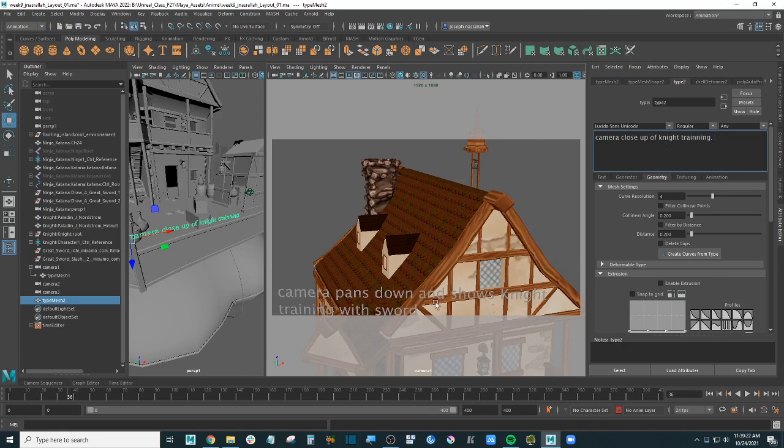Doesn't change the first one, see? That's why, because we put those options, the duplicate options, the duplicate input. We need it. If you don't, you're probably going to be changing the text from the first one. So I'll finish the text: camera close-up of night training, and at the end